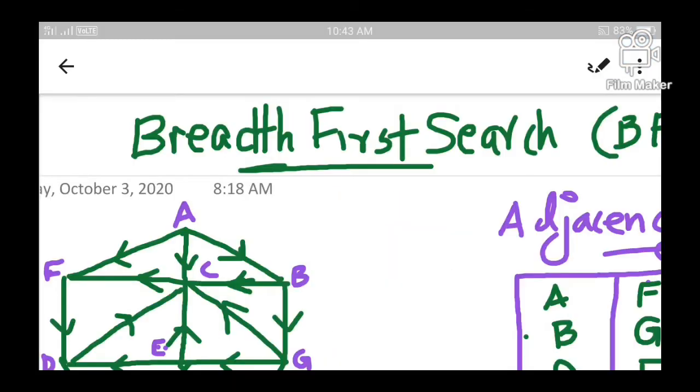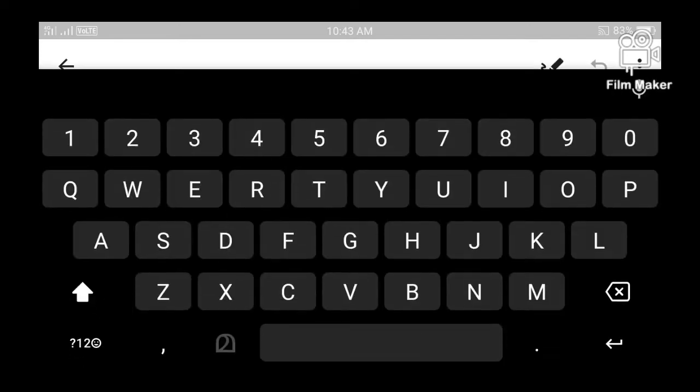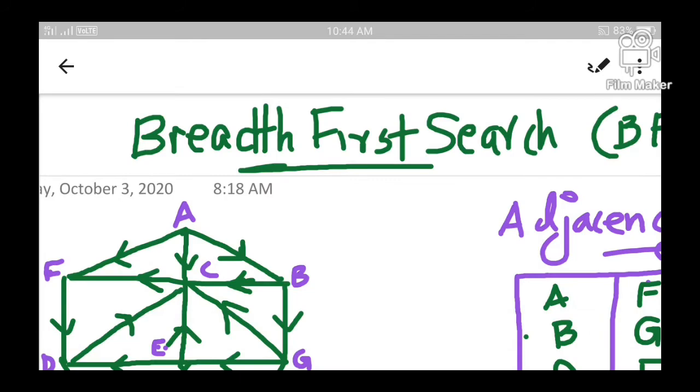Welcome, you all. Today in this video we are going to learn about a new traversal method or a search technique that can be applied to a graph data structure. Within a graph data structure, the different nodes of the graph can be visited in various sequences. There are two different methods in which you can visit the nodes of the graph. One is the depth first search method and the second one is the breadth first search method.